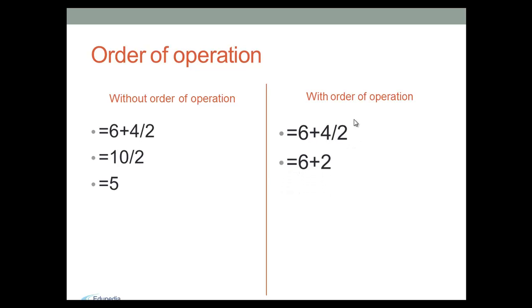First, 4 divided by 2 equals 2, and 6 is as it is. In the second stage, 6 will be added to number 2. The result will be 8. We can notice that there is a difference between the result considering the order of operation or not considering the